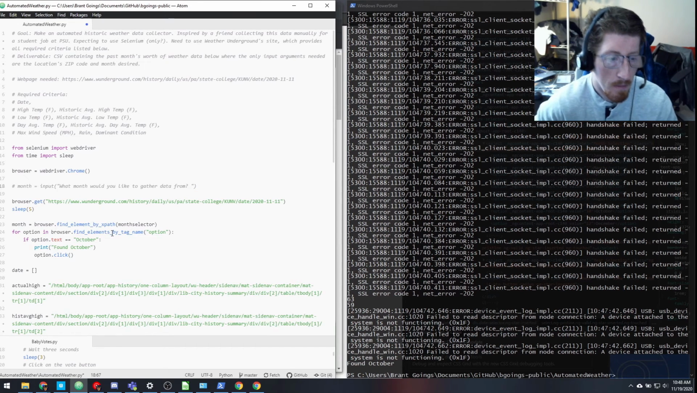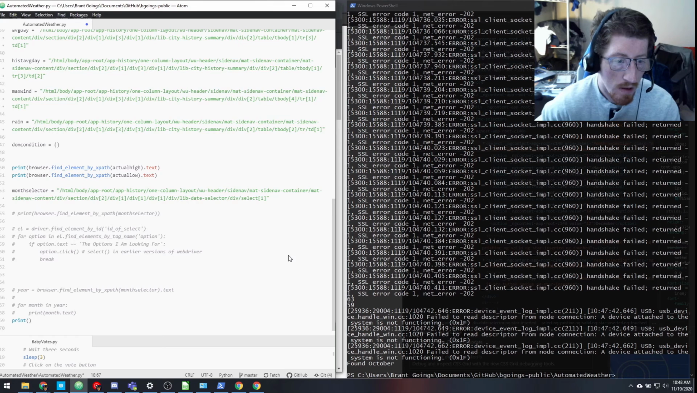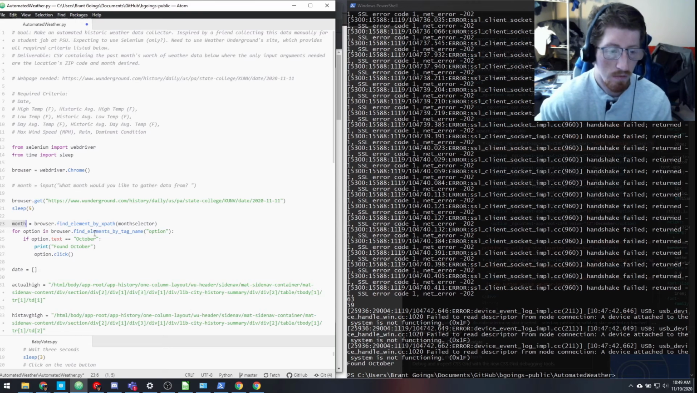browser. Did I actually use that? No, I didn't even use that yet. Where did this guy use month? Or L? For option in L, driver dot find element. Yeah, I don't think we don't even need this yet. I didn't use month anywhere. So